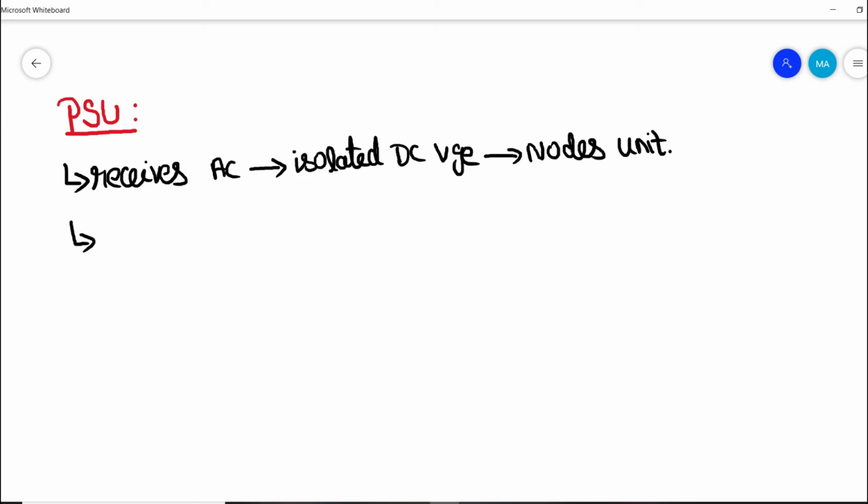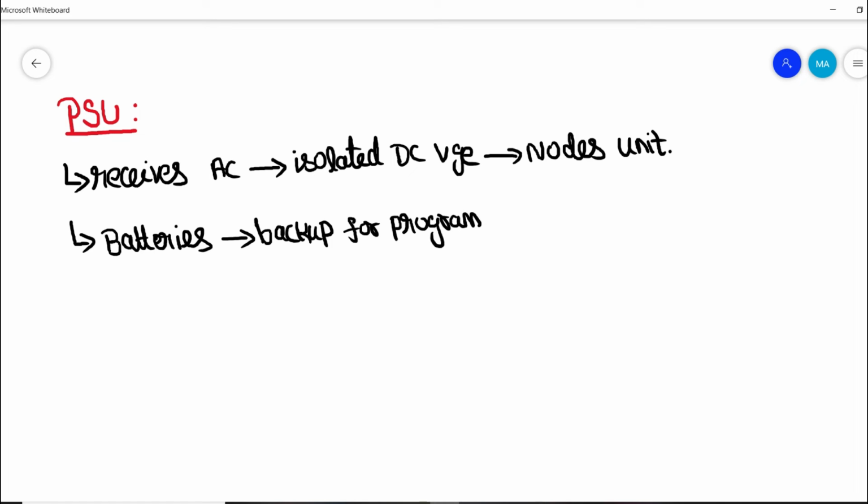This power supply unit has a battery, referred to as a backup battery, because if there is any power supply disturbance or failure in the power supply unit module, the battery would give power so that the program memory would not be erased.